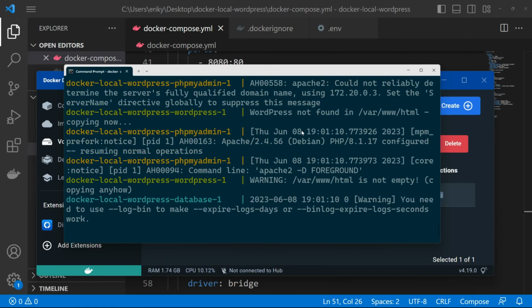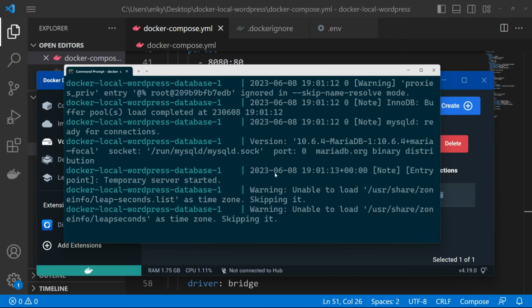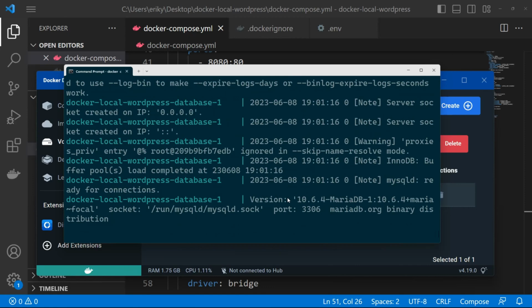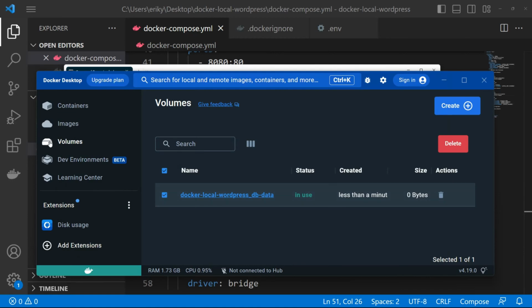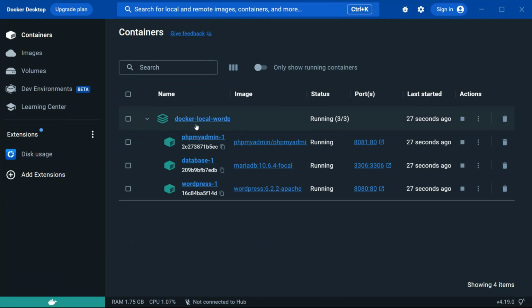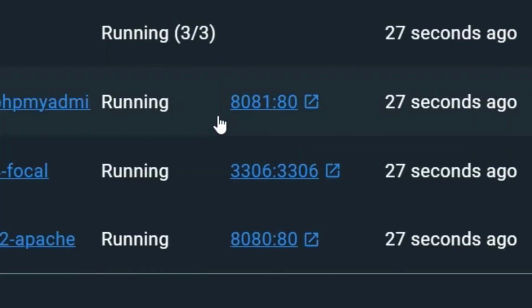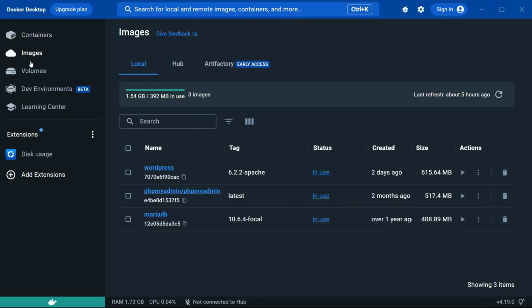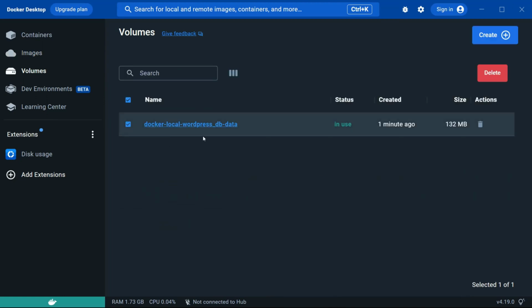So everything got created okay. It's now going through, and I'll try and scroll back. Hopefully there's not too many. Okay, so if we go into the Docker desktop container, we've got our main Docker local WordPress container running with the individual images running within it. And you can see here that we've got our ports, 8081 and 3306 for the database, and 8080 for WordPress itself. And then we've got our images up and running here, and then our single volume,